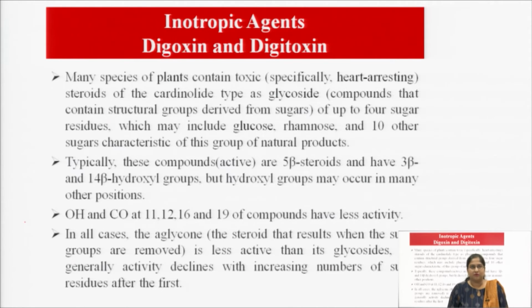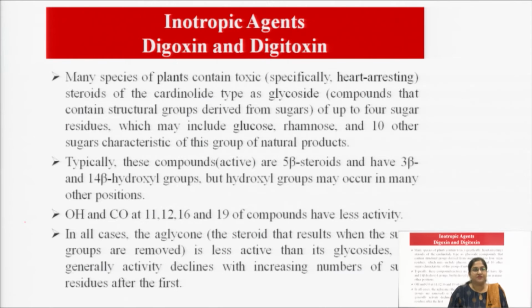It is okay to use these agents, but still the patient should be careful, and the experts should be very careful while extracting the plant sources and making medicine forms out of digoxin and digitoxin plants. The second point is that typically these compounds are 5 beta steroids and have 3 beta and 14